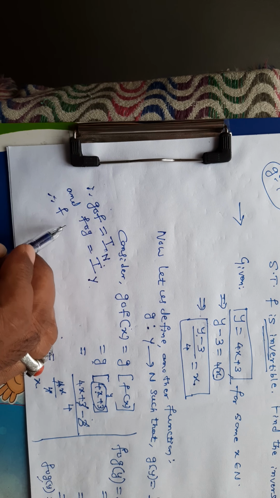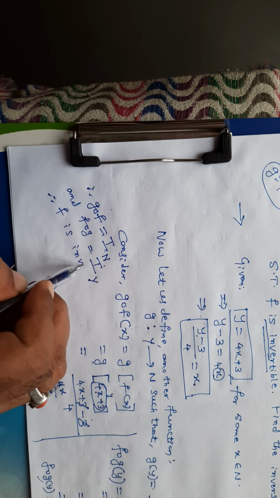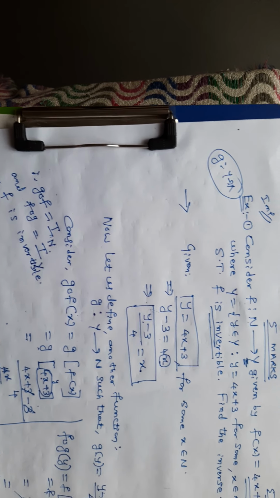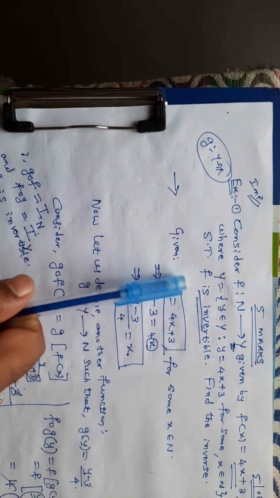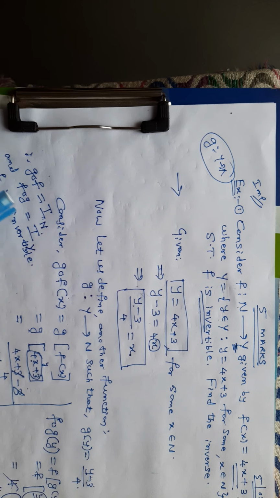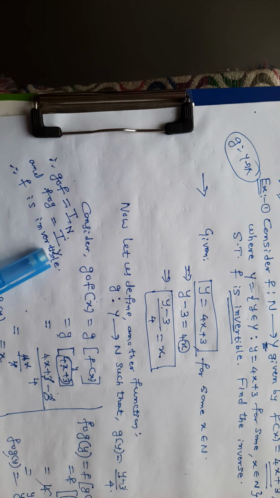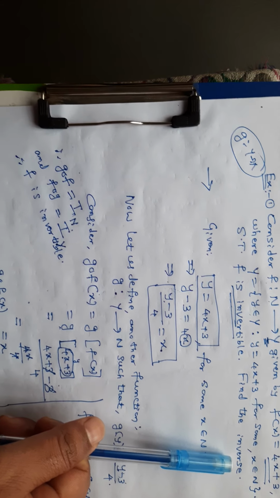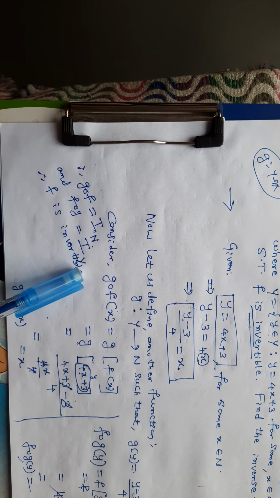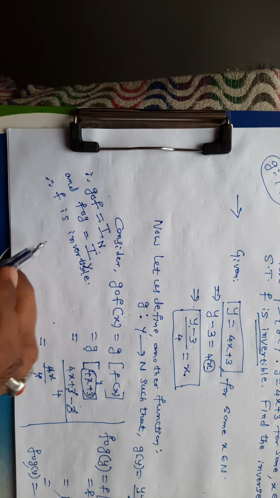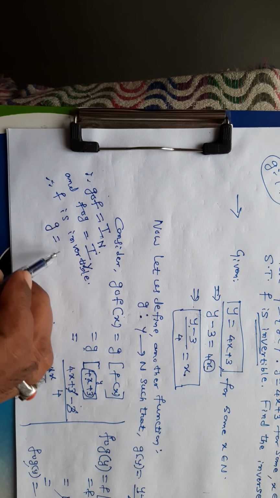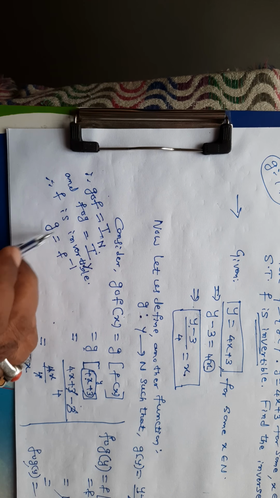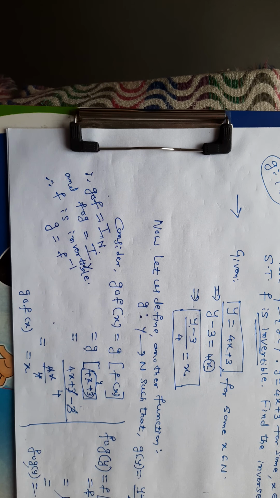what it proves, f is invertible. F is invertible. See, there are two questions as I earlier told you here. Show that f is invertible. So we have proved that f is invertible. So what is the other question here? Find the inverse. So what is the inverse? See, f is invertible means, according to the definition, g, I think you remember this, g is the inverse of f. So where is g?